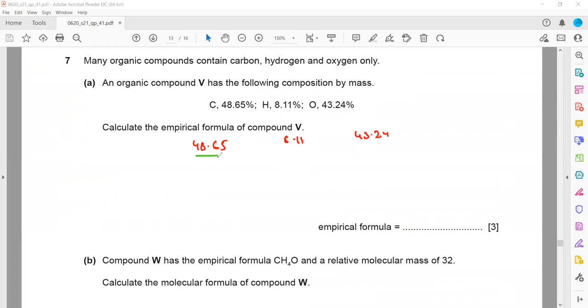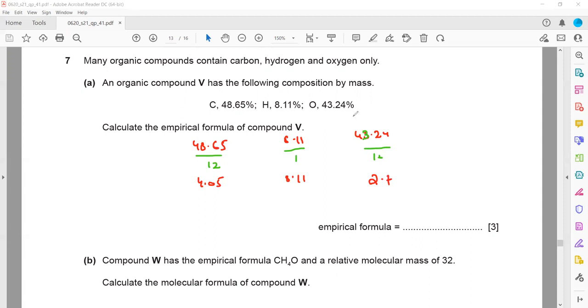The first step, divide by atomic mass. So I'll divide this by 12, this by 1, and this by 16. So 48.65 divided by 12 equals 4.05. This one is 8.11, and the last one is 43.24 divided by 16, that is